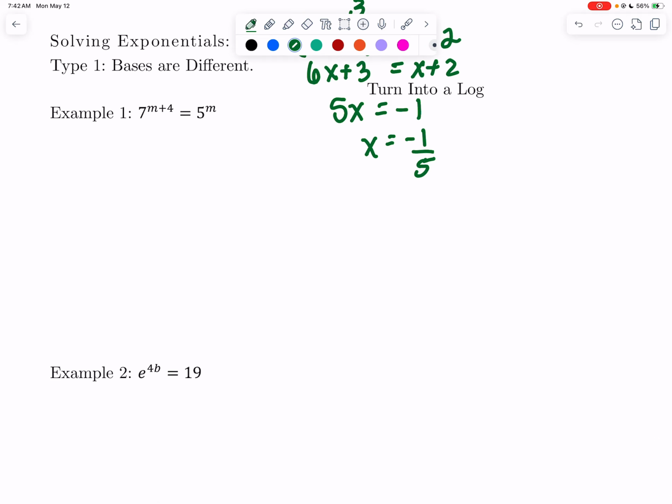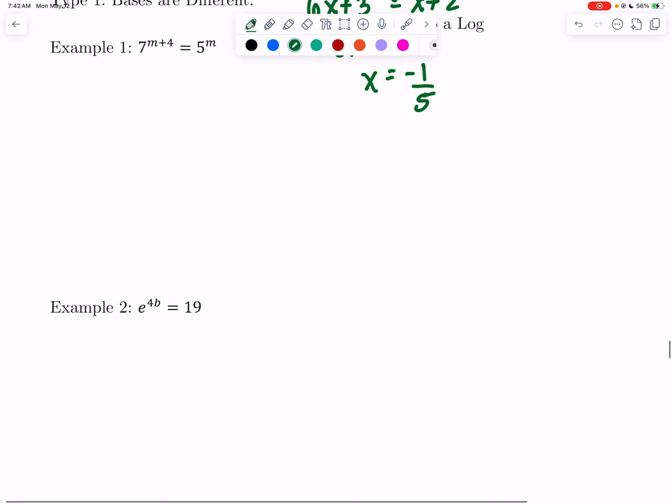Bases are different. We are going to turn them into a log. So we are having example 1 here and example 2. I'm going to do example 2 because example 1 is going to be a little bit harder. Now remember that for example 2,